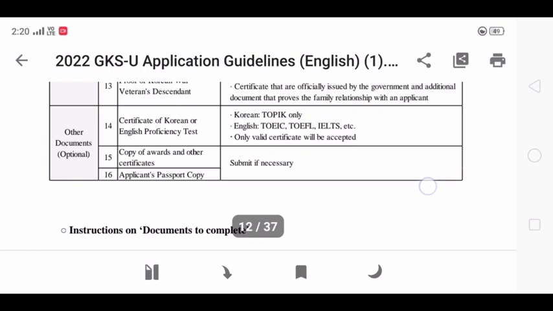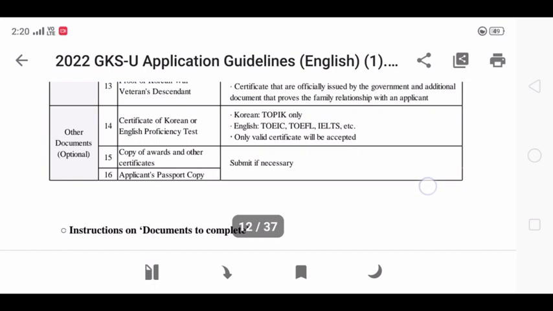But yes, I will suggest you to please make your passport before applying for the GKS scholarship and before the month of September. Please don't wait till September, because at that time you will already have a lot of work to do, and the time duration to apply to the scholarship is mostly around 1 month or maybe 1 month and 15 days.